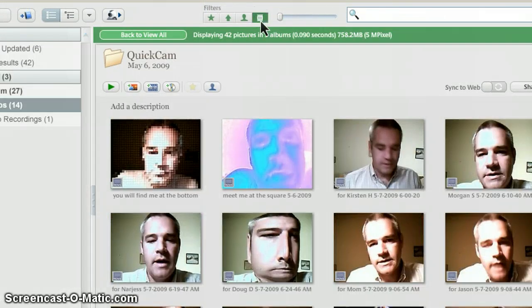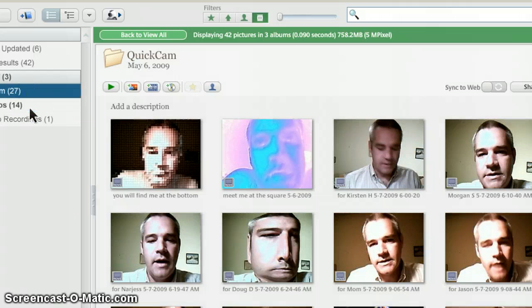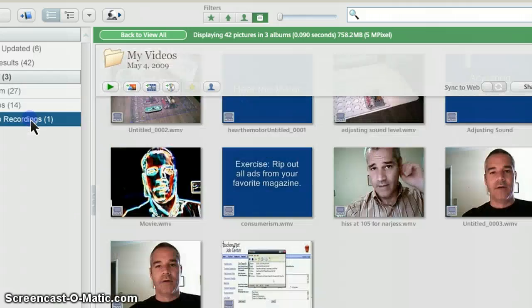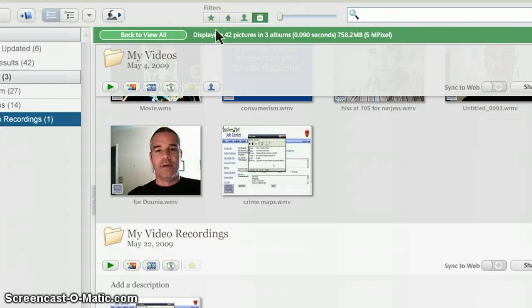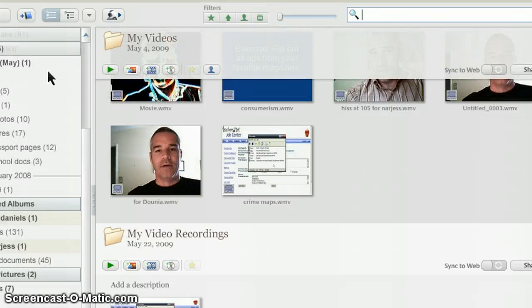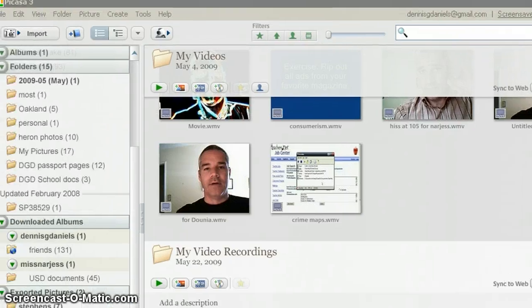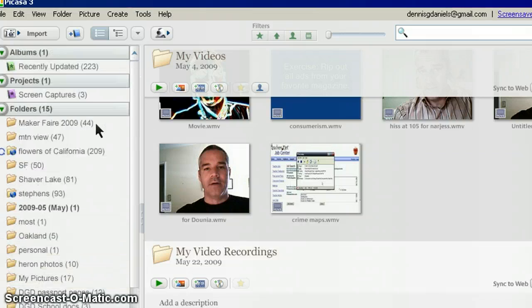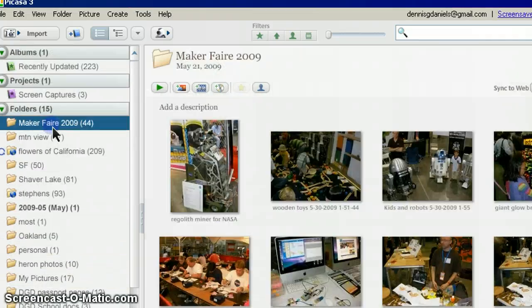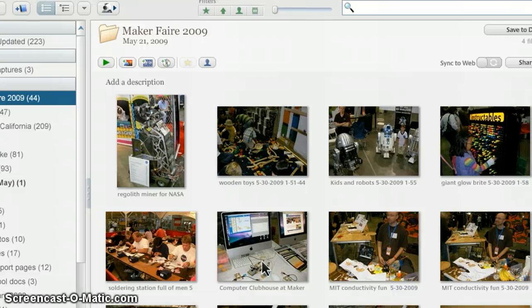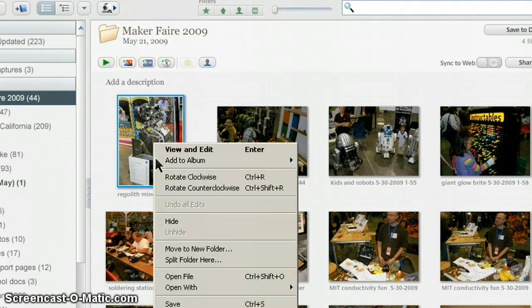Turn on the movies only, and you can see that only my WMVs are showing, and not my MP4. So if I go back to Maker Faire, here, no movies. But when I go to the folder,